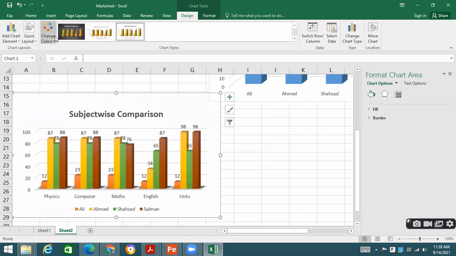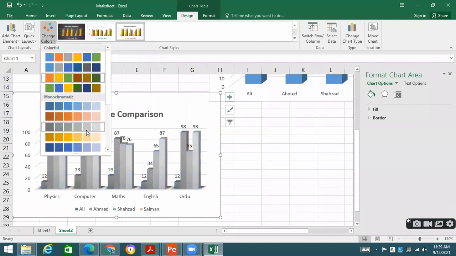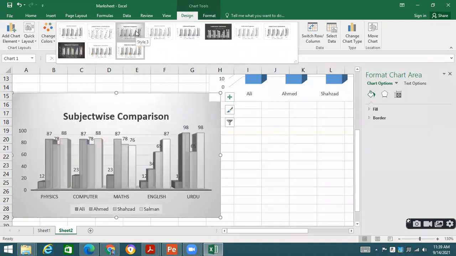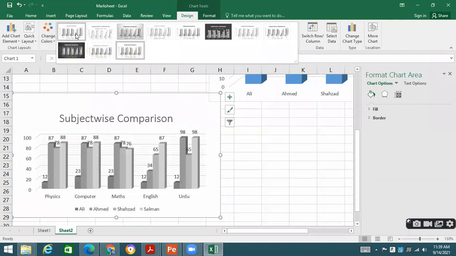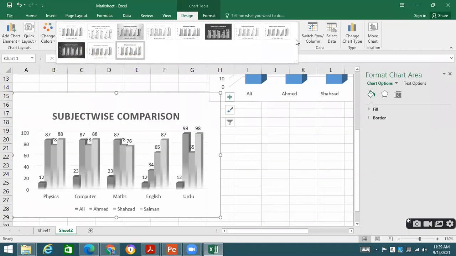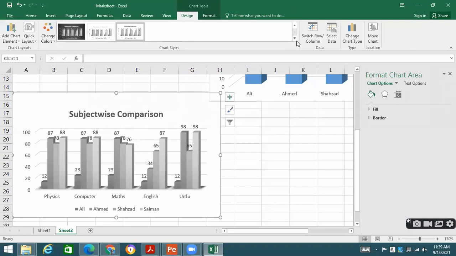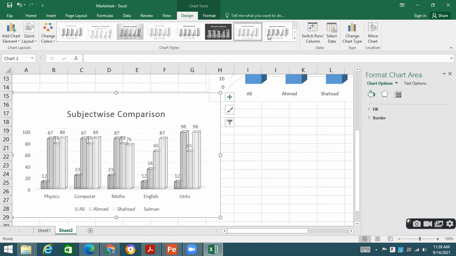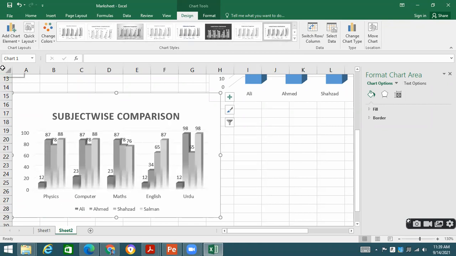These colors. Now there is green, brown, yellow, and orange. You can take any of the color schemes according to your requirement. At the top of each, the value is also written because I have taken such a format in which the value is written at the top. If I take a format where no value is written, I can do that as well, depending on my requirement. If you want it, you can have it; if you don't want to write it, you can leave it.